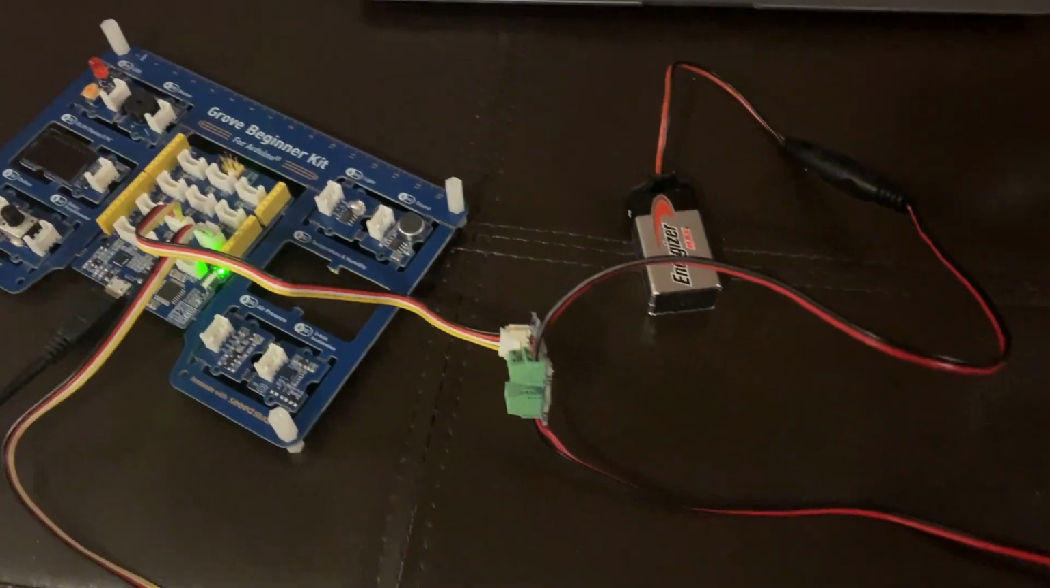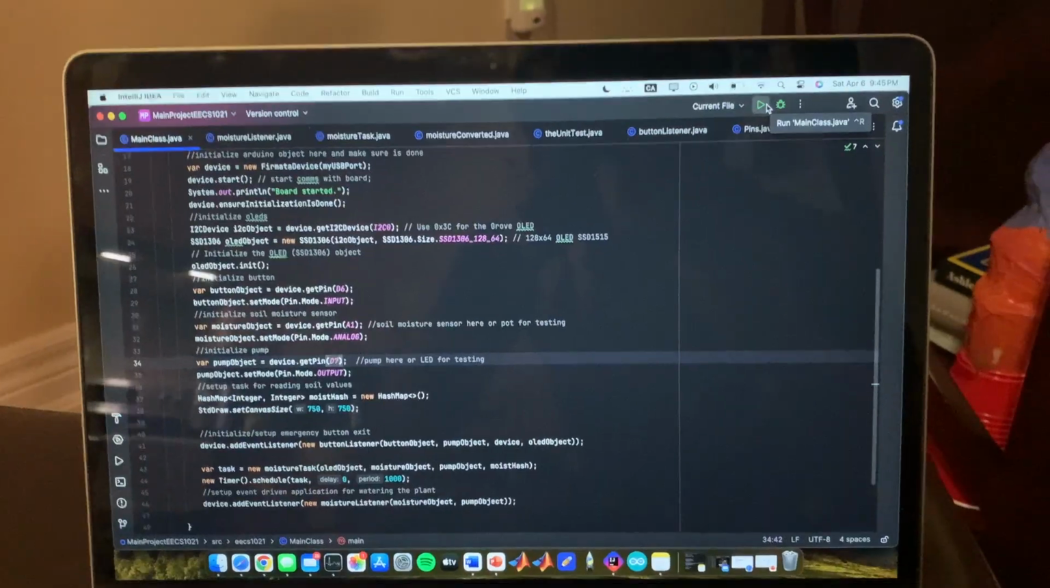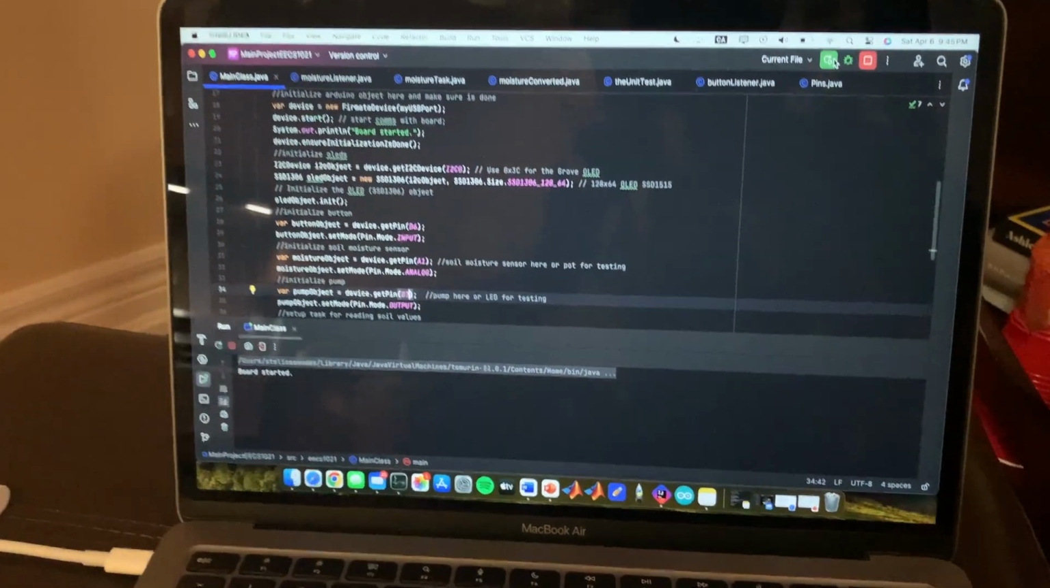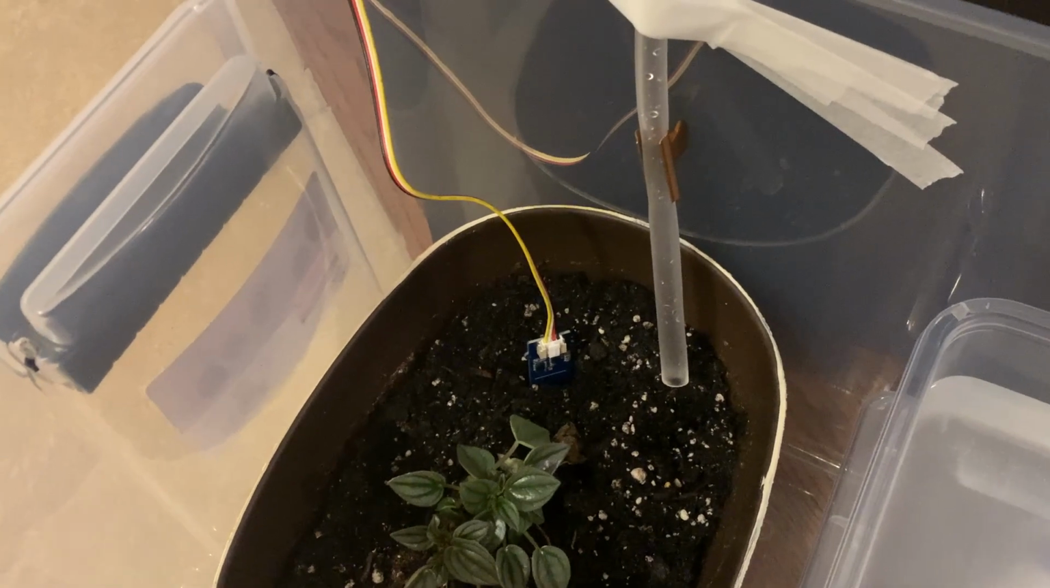Here I have my computer with my source code connected via USB to my Arduino, and I have my MOSFET switch, which uses a 9-volt battery to switch on and off the pump based on the state of the soil moisture sensor. I have my main method here, and when I click run, as you can see, nothing happens immediately